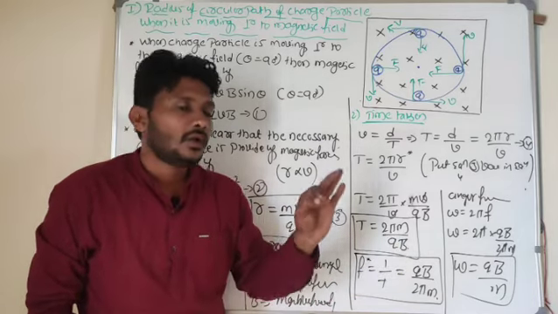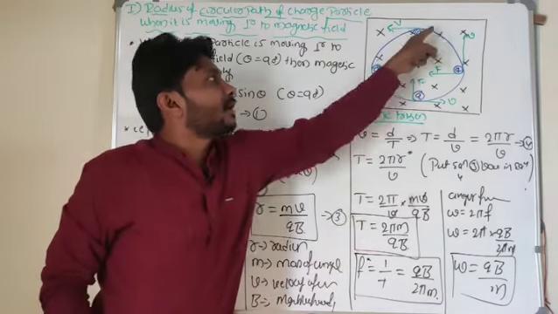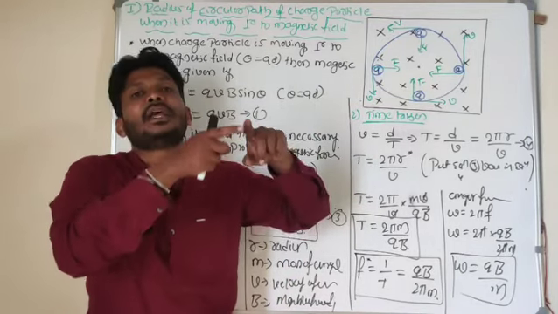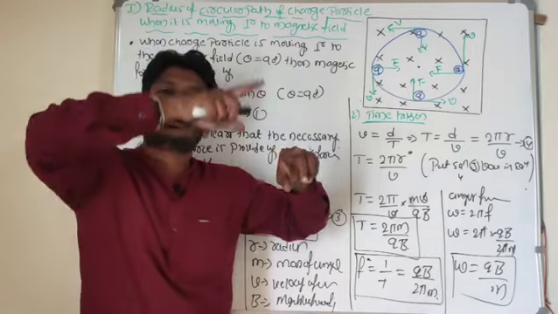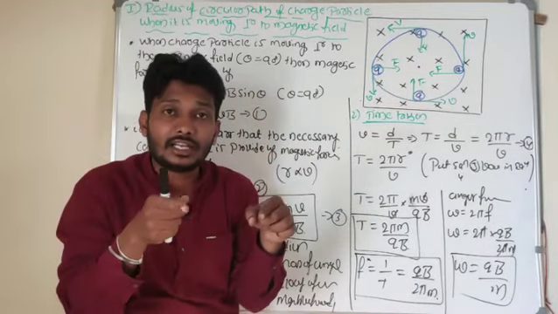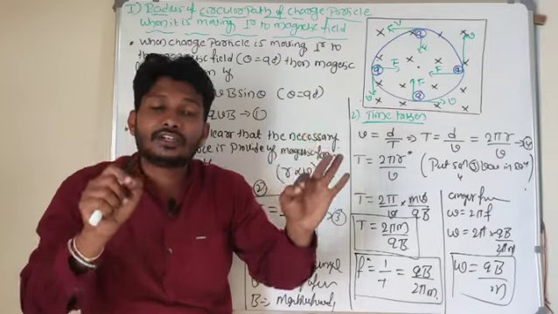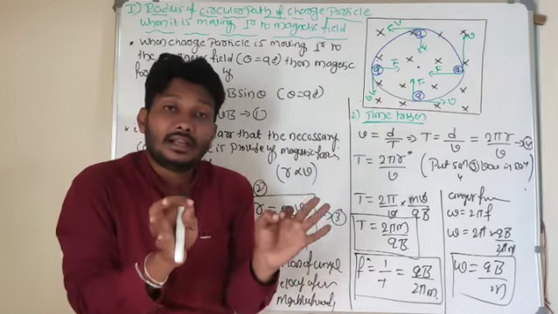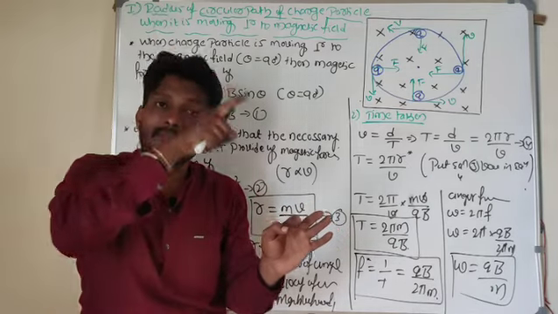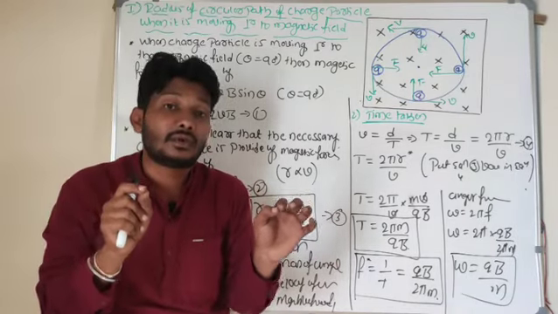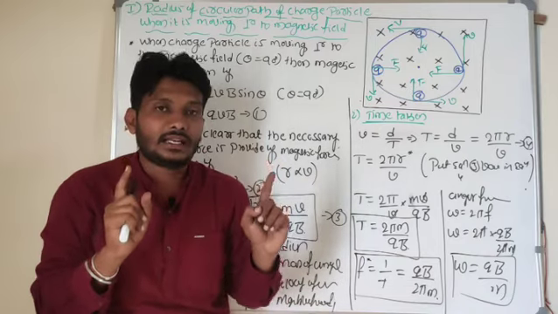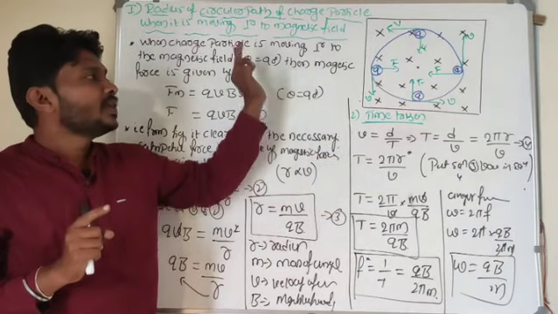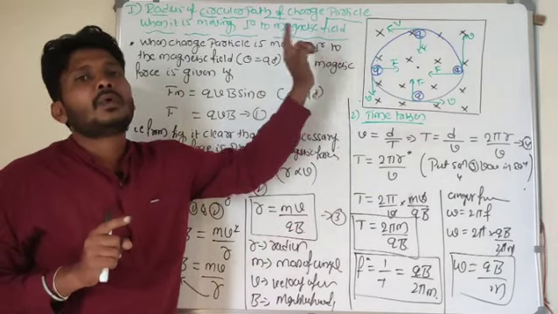Did you get my point? Time taken by the charge particle to complete one revolution is independent of the velocity. It means that if the charge particle is moving with a greater velocity, or with a less velocity, these two charge particles will take the same time. So this is a very important aspect related to moving charges and magnetism. Hope you understand today's